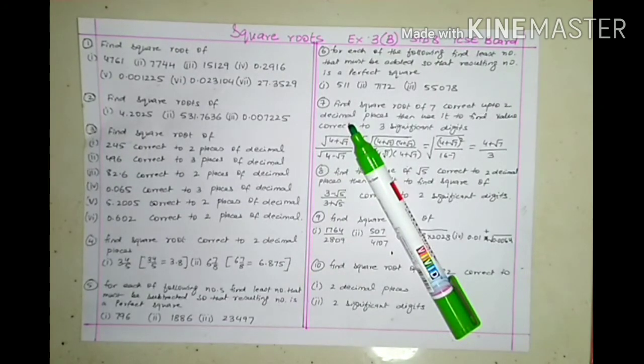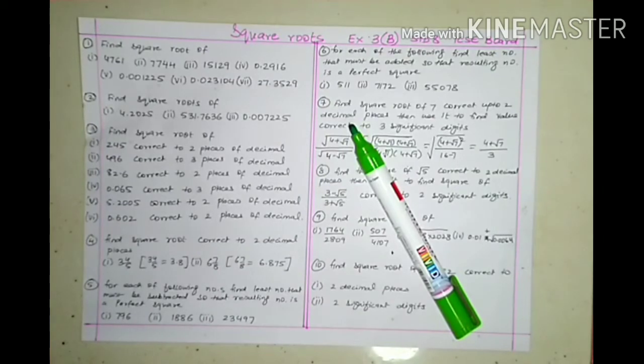I'm Priya. In this video we are doing square roots by division method and the sums selected are from Standard 8 ICSE Board Maths book and exercises 3B. There are quite a few number of sums here. I will be doing some and some y'all can practice on your own, and if you have any queries you can give in comment section.